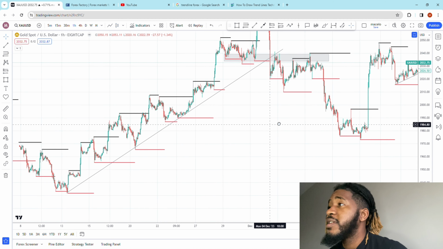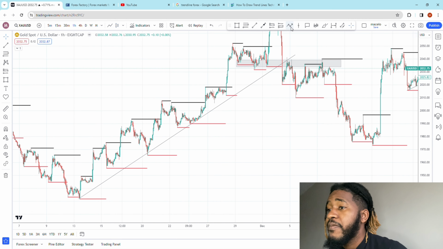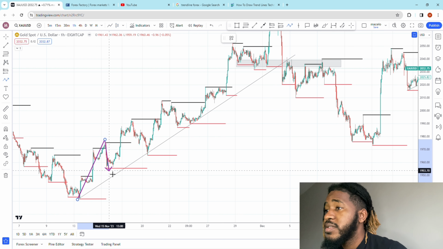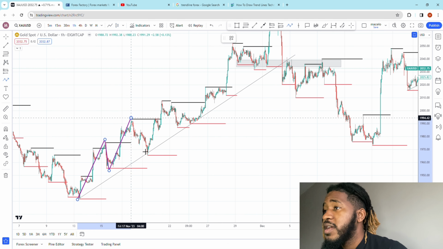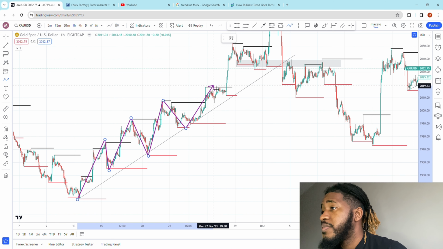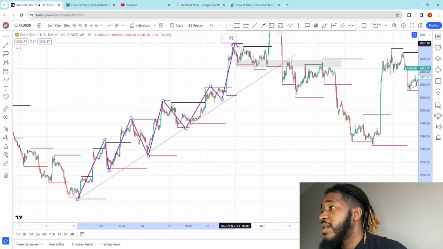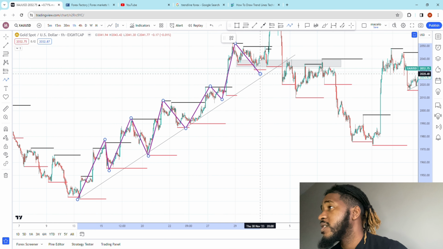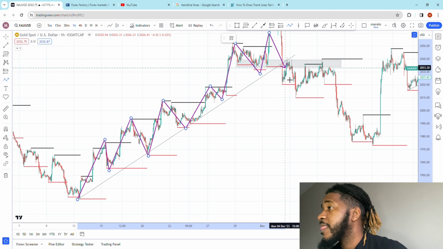But this was another play right there. So we had impulse, pull back, impulse, pull back to the trend line, impulse, pull back, impulse, pull back, impulse, pull back. You had a huge impulse up there, pull back, broke the trend line, retested the trend line,